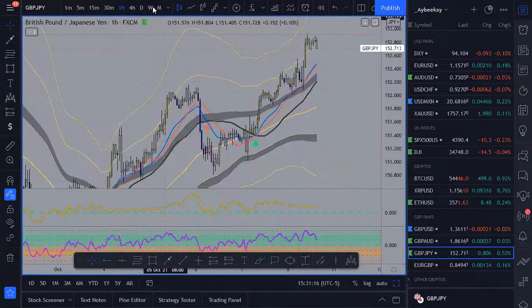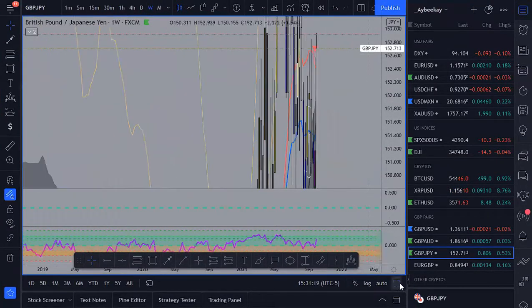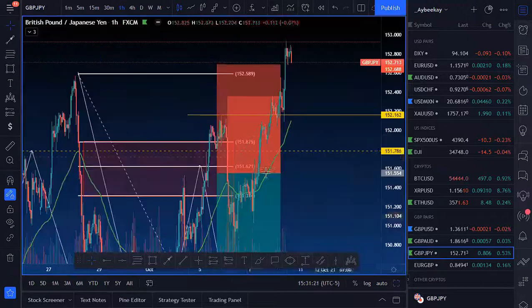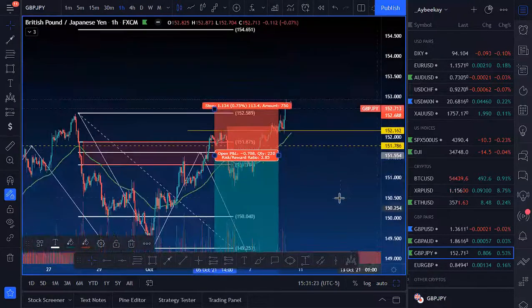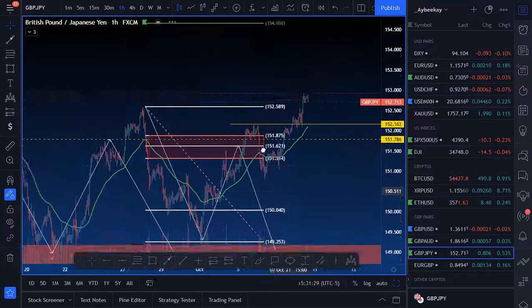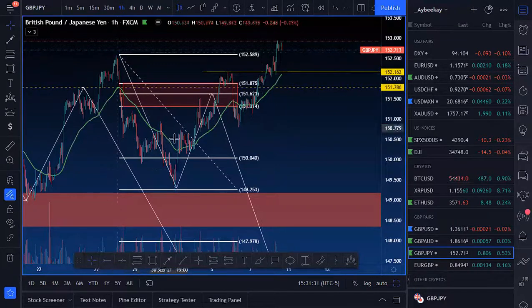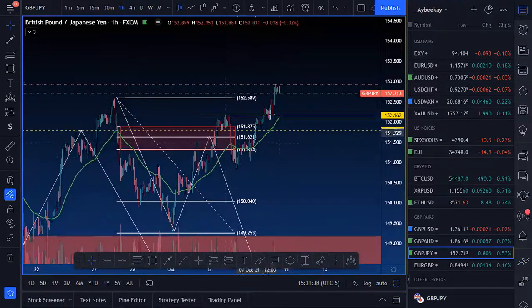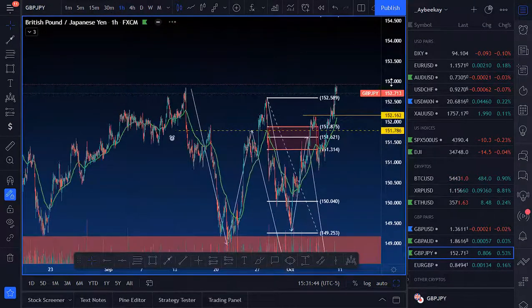All right, so GBP JPY. This trade that I had gotten into, I got out right here. Once price passed through 152.162, I didn't even stay in the trade any longer. This is what I was thinking I was going to do. Fall to the downside, but it kept going bullish. And this is another reason why I'm going to probably end up buying GU, because GJ went bullish like this, but GU didn't. That's interesting to me.